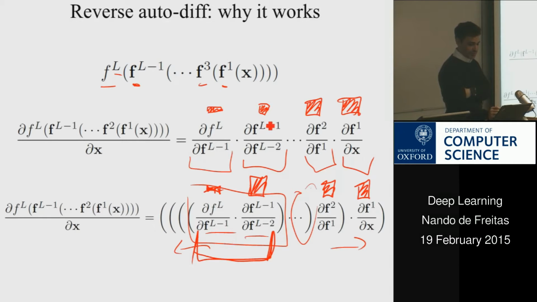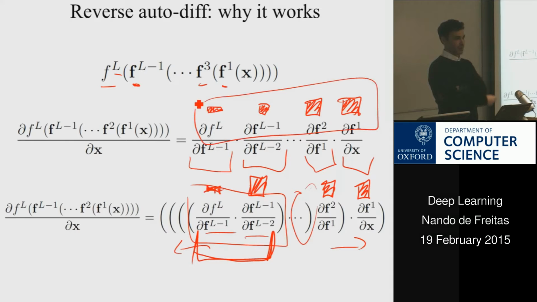If you were to compute this way, and you were to allocate memory for all of these, and then compute the product, then you have to allocate memory for all these matrices. Remember that these layers can have millions of parameters. Currently neural networks are as big as there is RAM in the world. That's what's stopping us, not having more RAM. And so if we have opportunities of doing things that reduce storage, we do them.